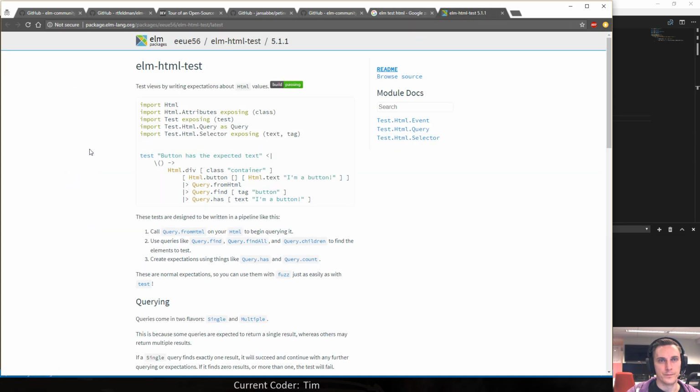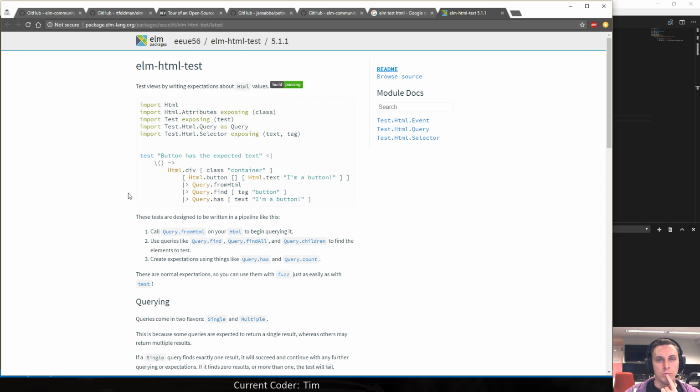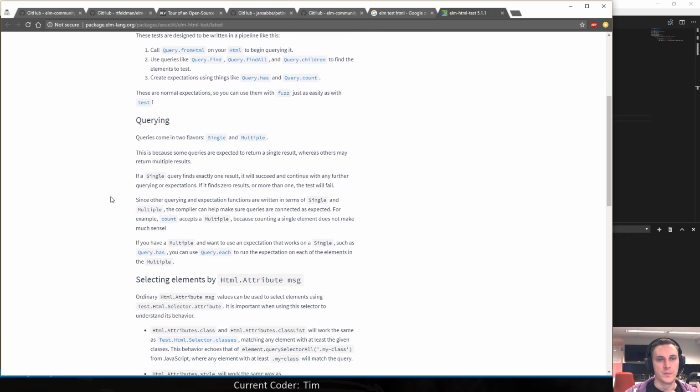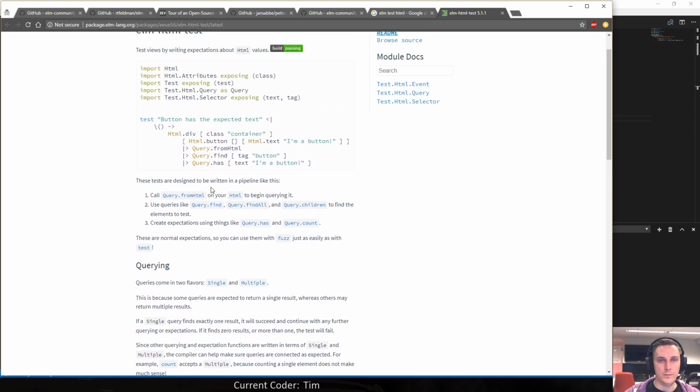Well. Button has the expected test. Ah, yeah, cool. This is cool. So instead of writing regular expect assertions, you can have more specific ones where you can build up the actual element that you're trying to look up.